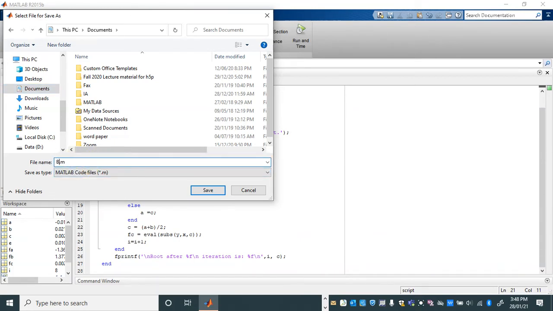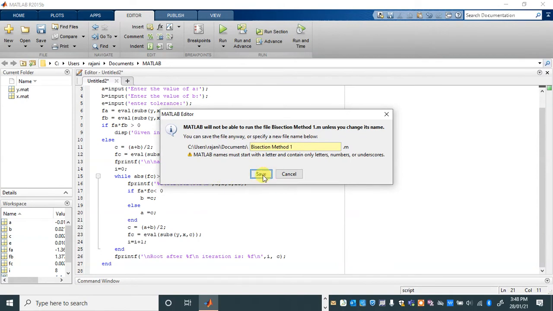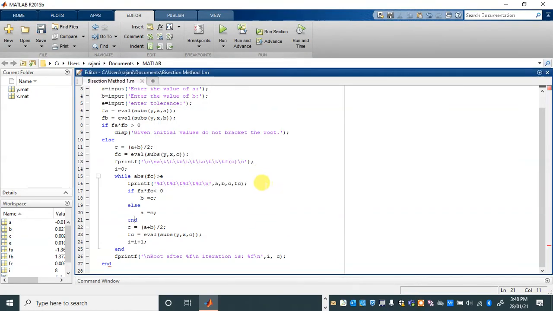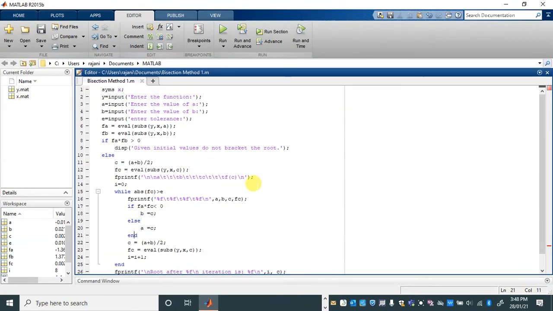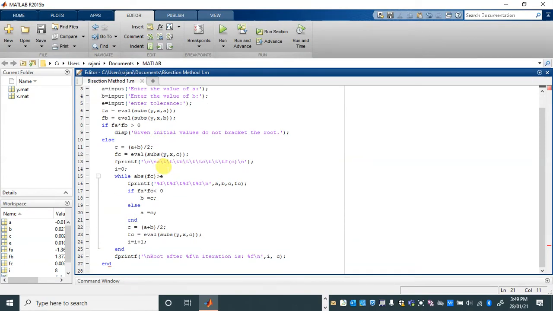Just give the name bisection method, and you say save. Note that it should be bisectionmethod.m. It should be an M file, otherwise you are not able to run this file.